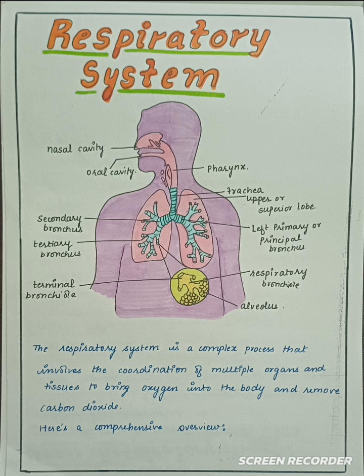So first of all, what is the respiratory system? The respiratory system is a complex process that involves the coordination of multiple organs and tissue to bring oxygen into the body and remove carbon dioxide. So basically, during the process of respiration, the oxygen that is required by our body is taken in by our body, and the carbon dioxide, which is a waste, is released by our body. So the parts that are involved are: